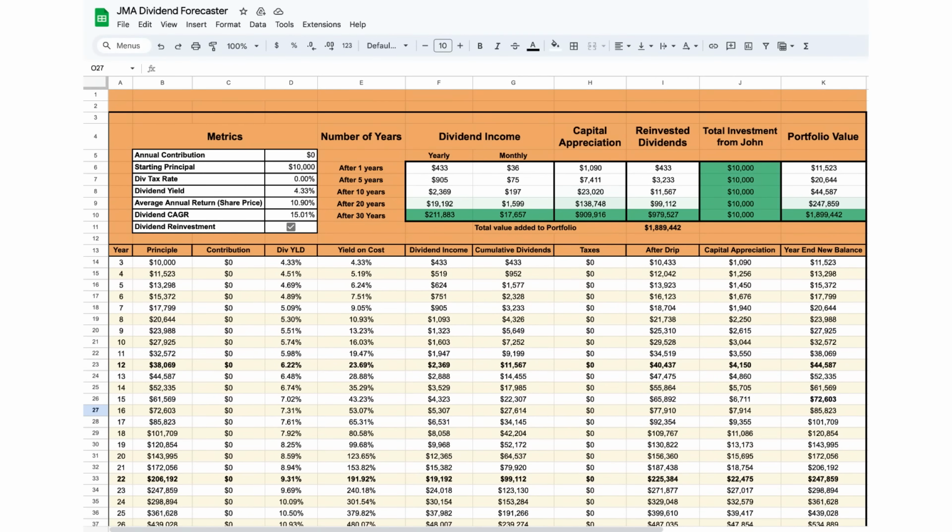To give you a clearer picture, let's look at the future projections. If John invests $10,000 in EXR today, in 1 year, his investment is projected to grow to $11,523. Not bad for a year, right? Fast forward to 10 years, and you could be looking at $44,578. Keep that investment for 20 years, and it could grow to a nice balance of $247,814. And if you're in it for the long haul, after 30 years, your initial $10,000 investment could balloon to